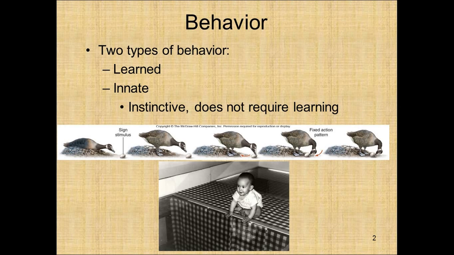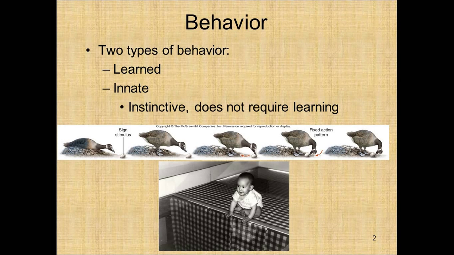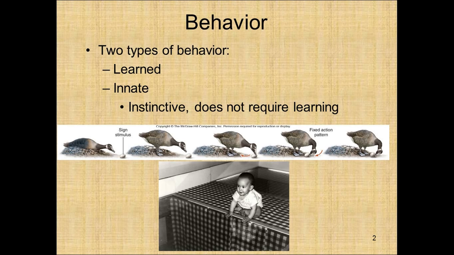What this means is that the animal will respond to a given stimulus in a very specific way. My example is the picture of the goose in the middle. In a normal day, when a goose is incubating its eggs, an egg can roll out of the nest. The female will then get up and roll that egg back into the nest. One of the first studies of genetics was to see if that behavior could be changed.